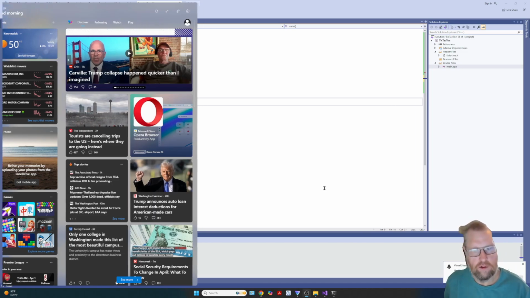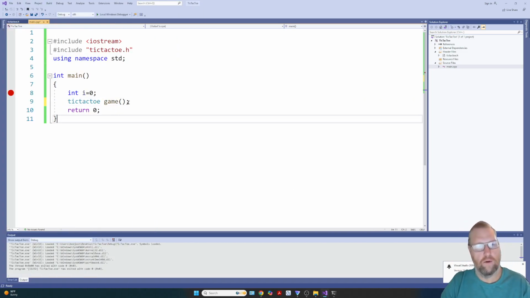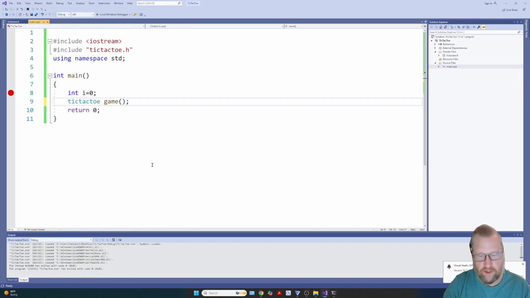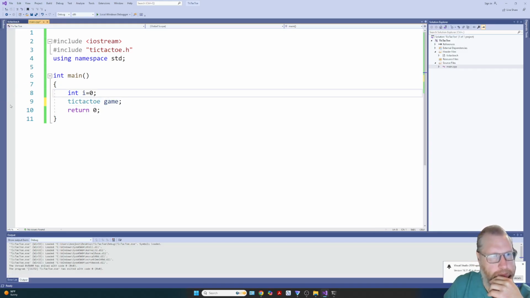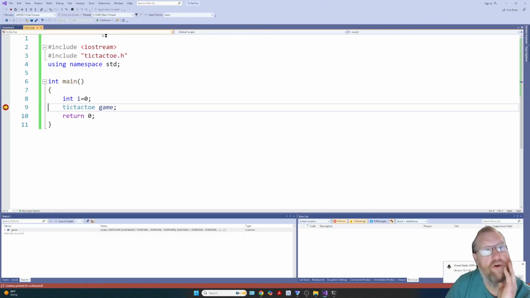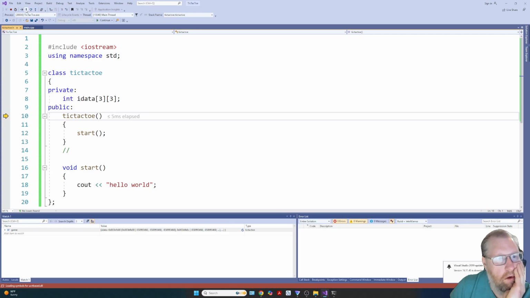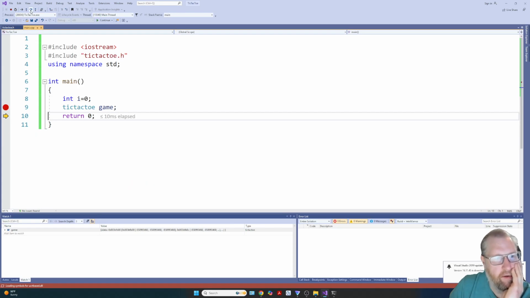Oh well, looks like we got the news. One thing to fix is this. This is what's causing the problem. I believe a copy constructor is needed, but that's fine. So now I'm just going to test it. I'm going to see if I can get into the library, make sure all our connections are done right, and do a step into here. Okay, we have our tic-tac-toe library ready to go,